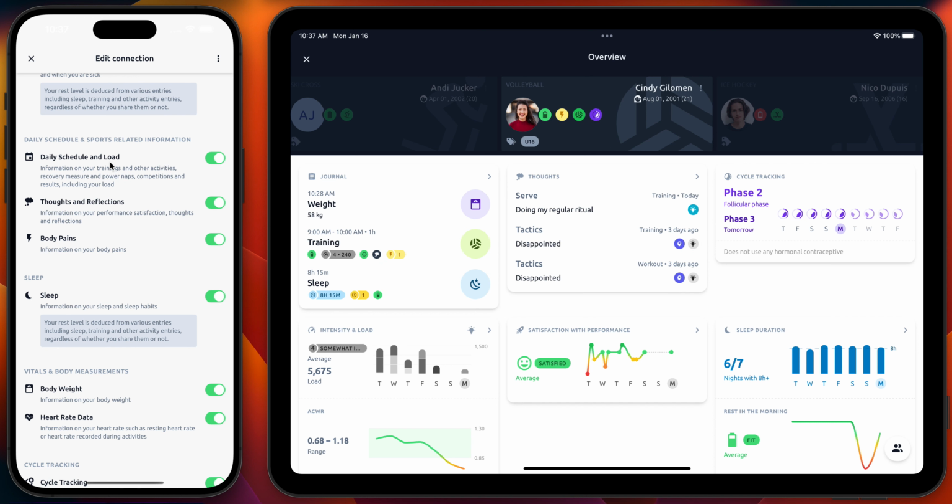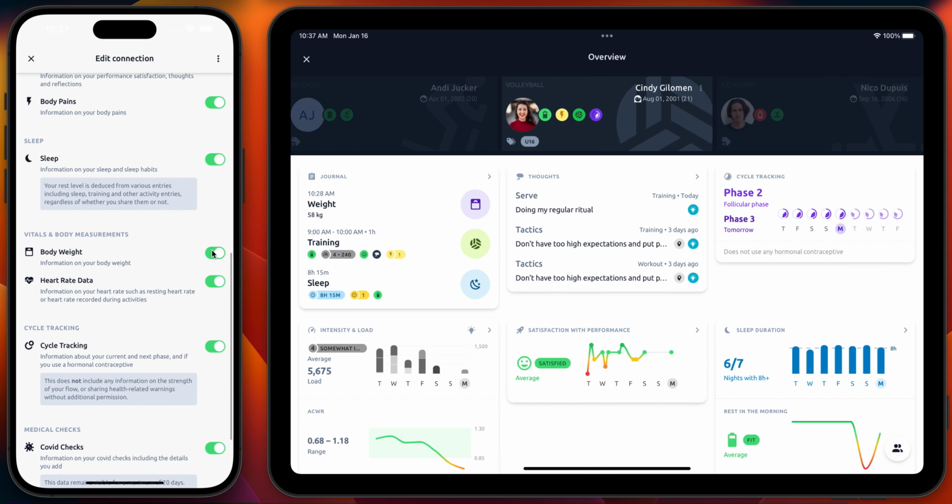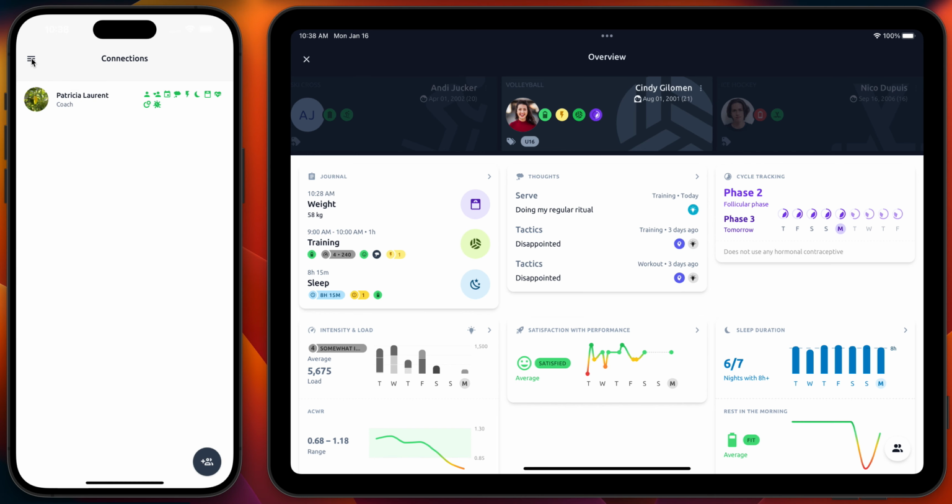So do you want to share that? Thoughts and reflections, body pain, sleep, but then also the other categories you may track. And it is easily possible that you share all of them with your head coach or your coach of trust, or you decide to share some specifically medical information or cycle tracking information only with specific people in your staff.